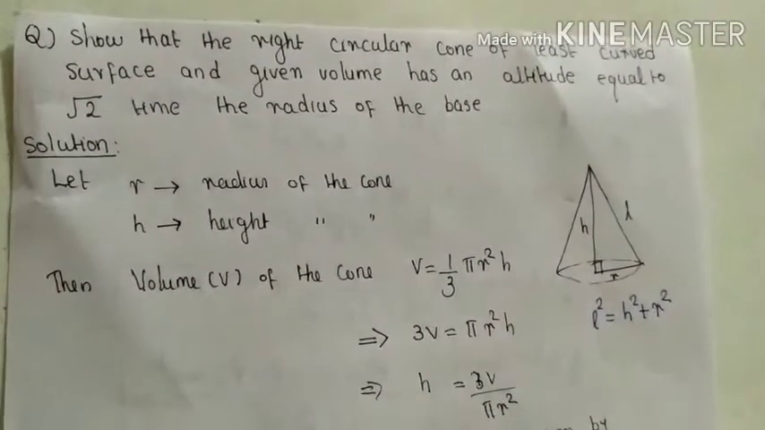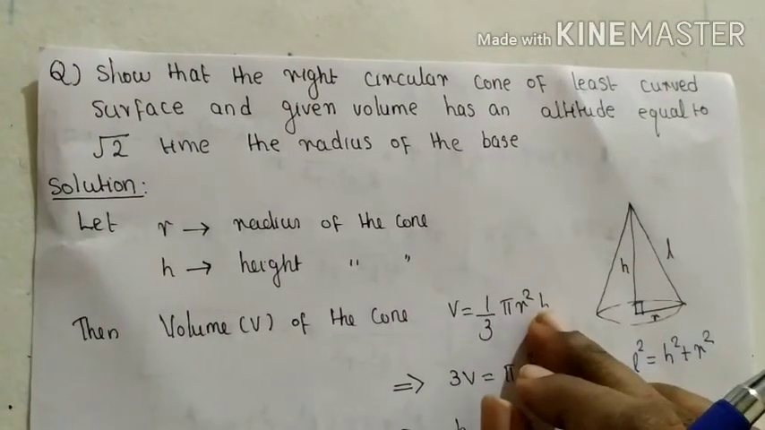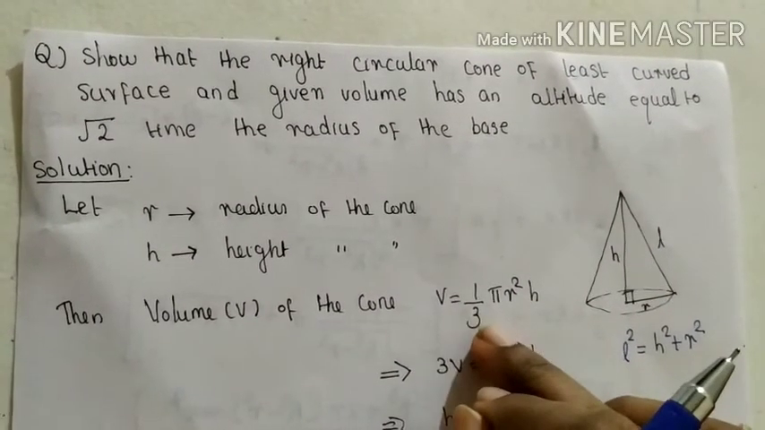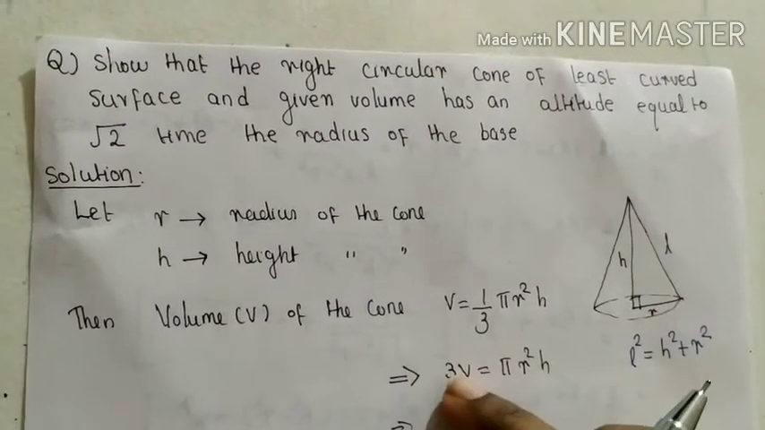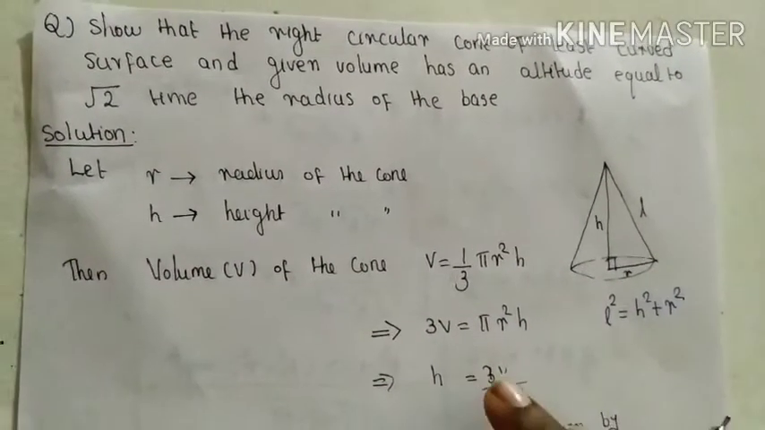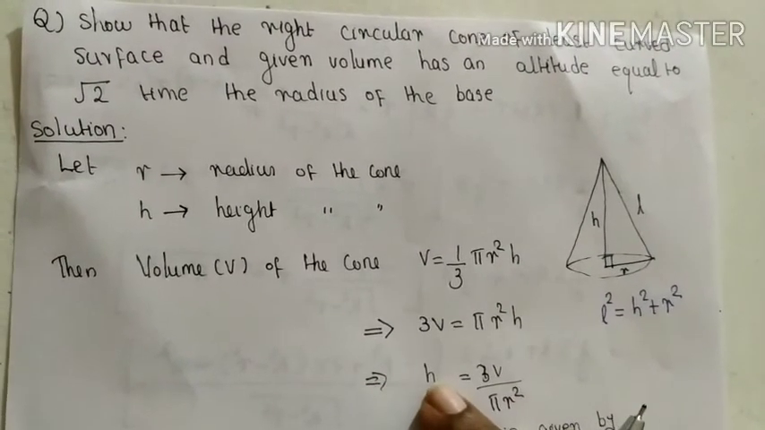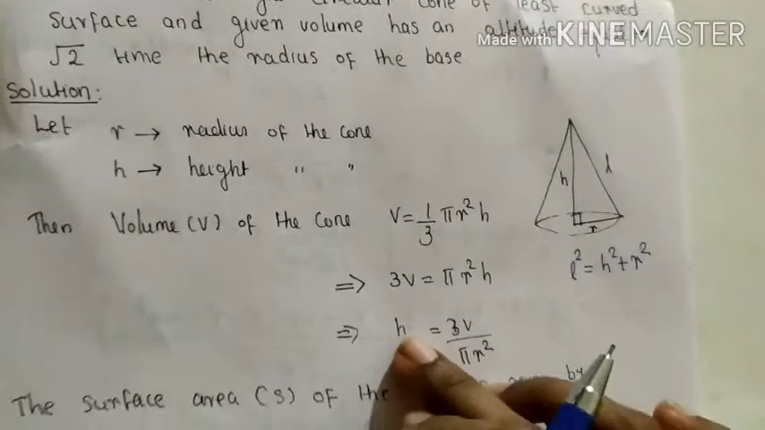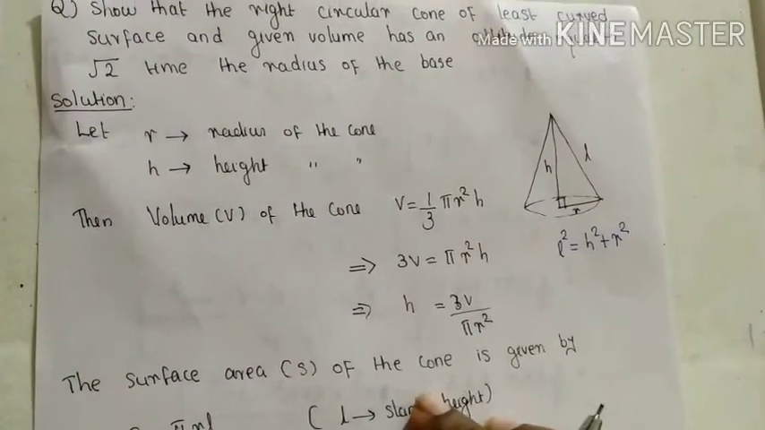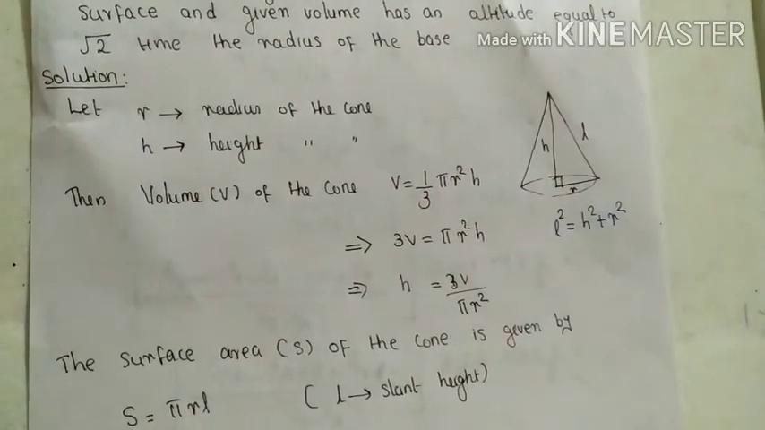Okay, and we know that the volume of the cone is 1 by 3 pi R square H, and from this, moving this 3 to LHS, we get 3V equal to pi R square H, and from this we get H equal to 3V divided by pi R square, and note that H is the height of the cone. Okay, so here given that the surface area is minimum, so we need to check it, it is for minimum,